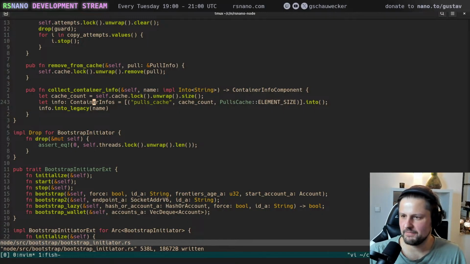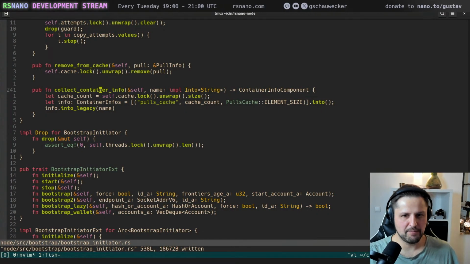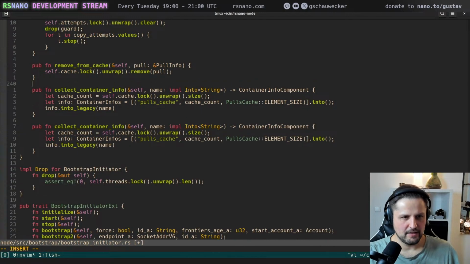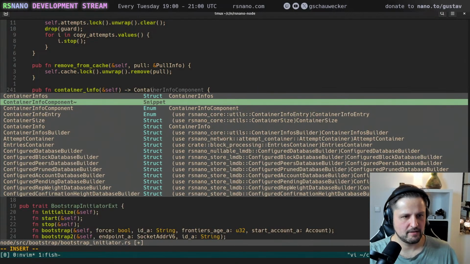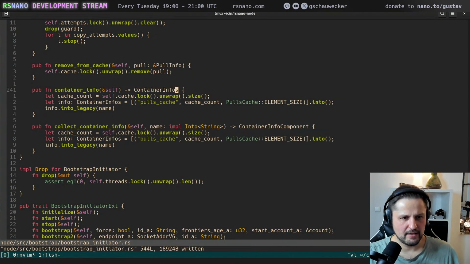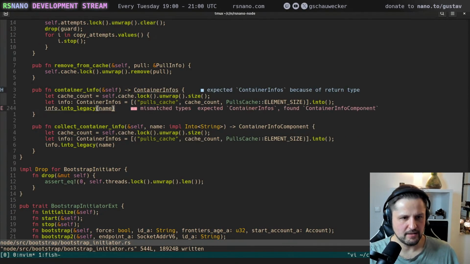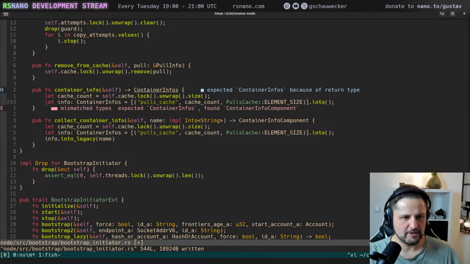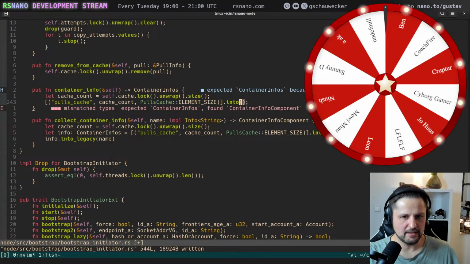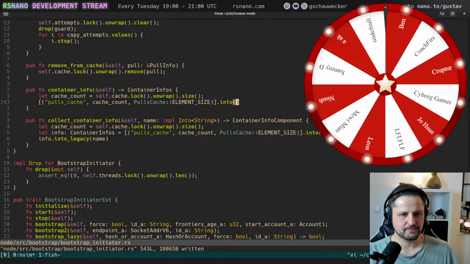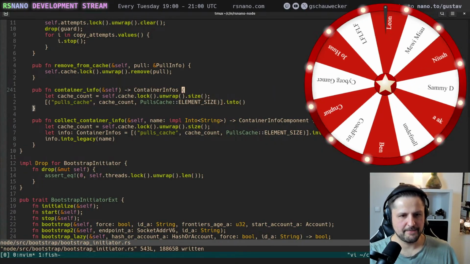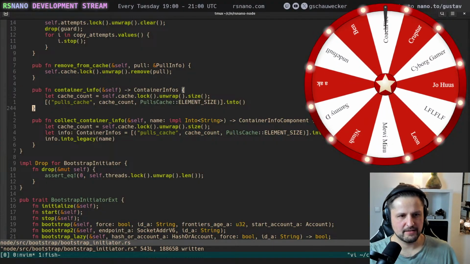See, now this is a lot simpler, and now we can make it even more simple, again by copy pasting it into a new function that doesn't take a name, but it just returns the container info struct. Then we just delete the into legacy, and we delete that, and we delete that, and let's find the old usages.